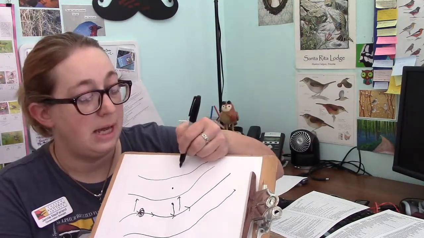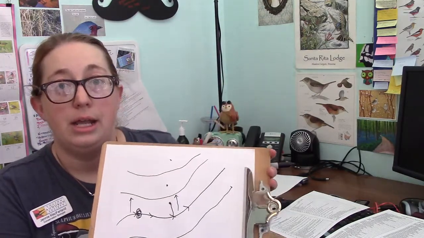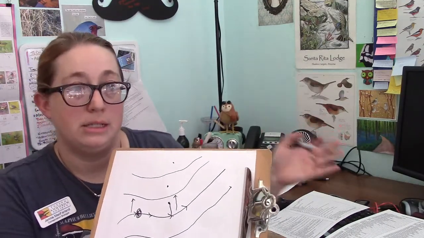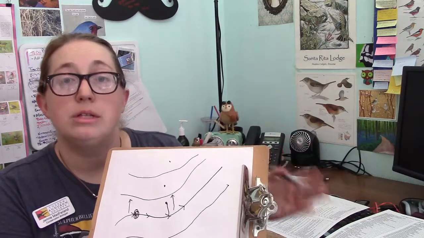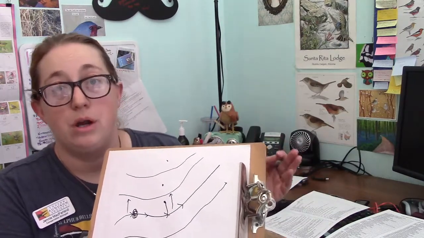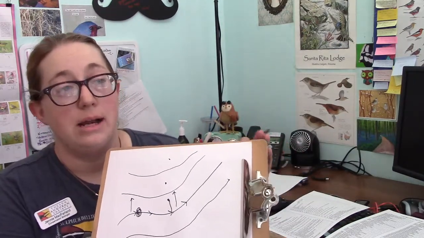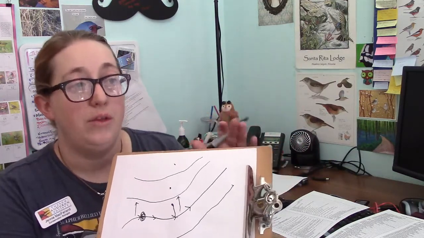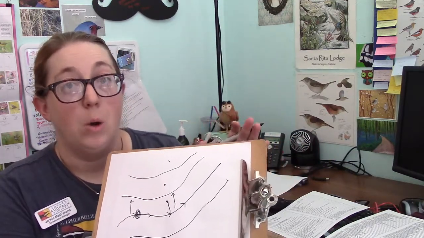Now if a bird is outside of the 100, then it's literally outside the survey. It's too far away from the transect line to be considered part of the survey, but you can still record it, and those are known as supplementals. These are birds that are supplementing our knowledge of the area, but they are not within the survey zone, so they don't count,